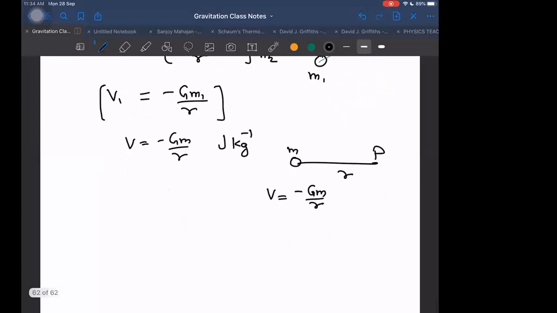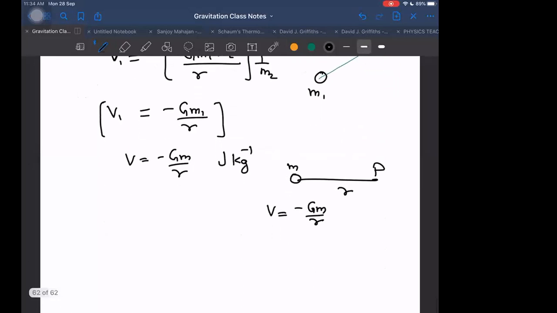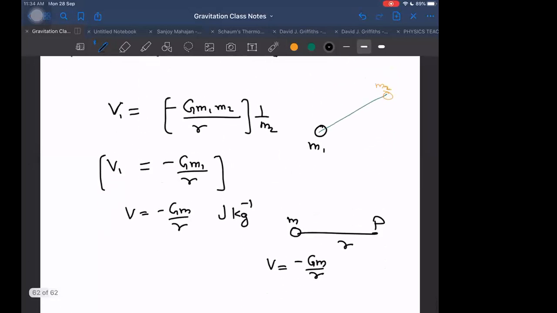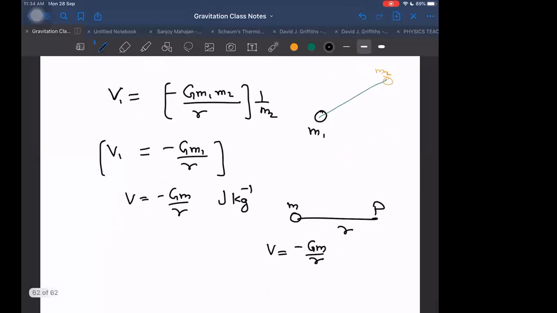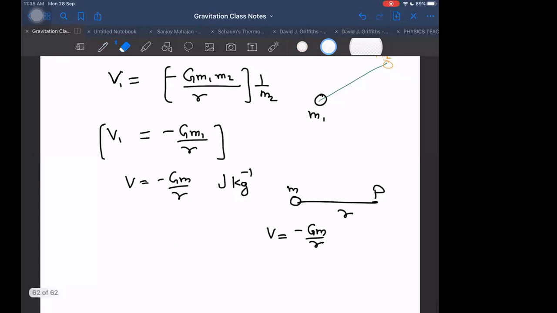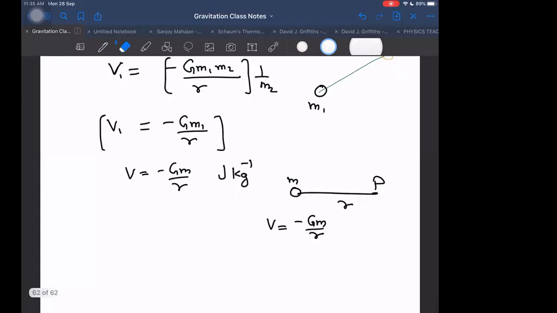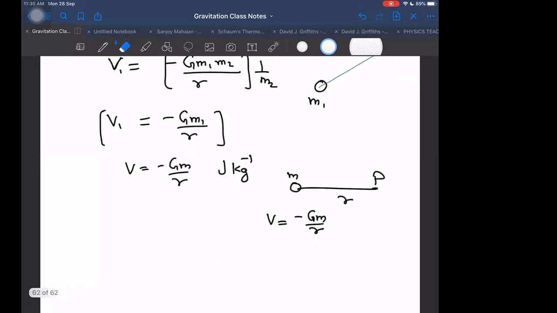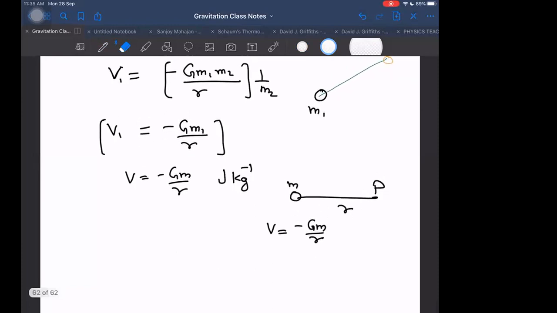Why is this potential helpful for us? It is independent of mass. Whatever mass you keep here, for example, if you keep mass M2, then what will be the potential energy between these two? The potential energy will be minus GM1 by R into M2, that is M2 into V. So we can keep on changing the masses and find the potential energy, if the potential at that location is known to us. If the potential in that location is known, then whatever mass you give me in that location, I can find its potential energy.